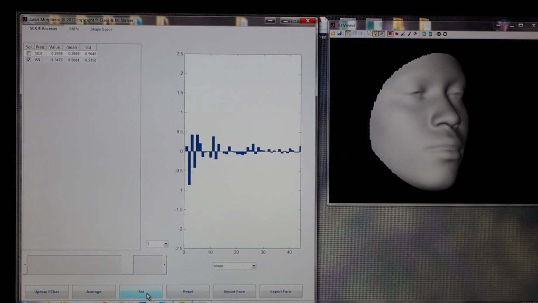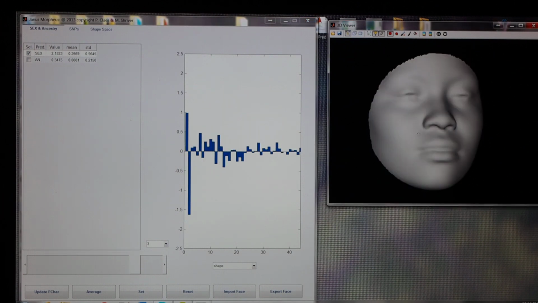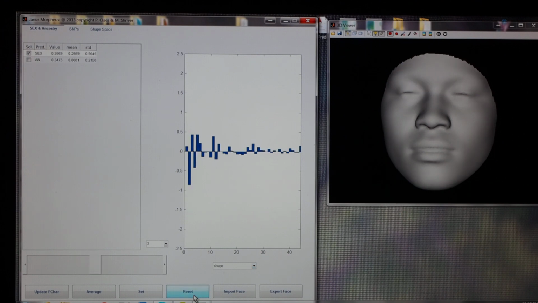We can also click set, and so we have a slightly more African face, and now I'm pushing sex. It'll make it slightly more African male, slightly more African, more female face. So you can change these faces in a lot of ways. You can also, let's see, reset,